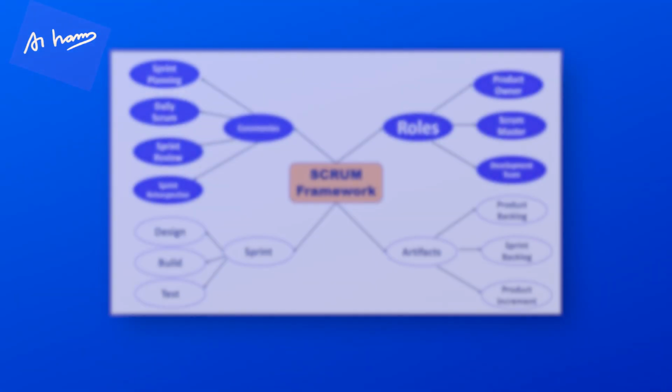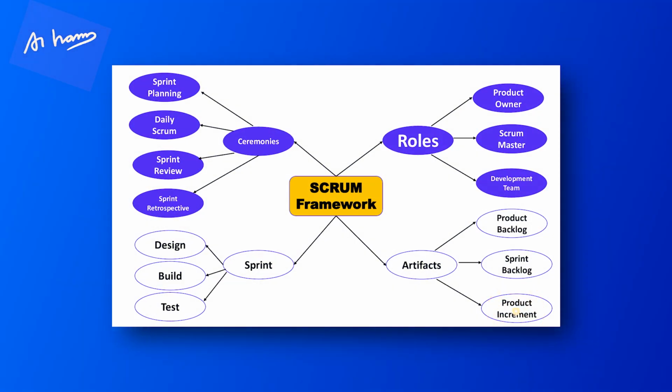The sprint backlog is a list of a few stories which the development team is going to work on and deliver at the end of the sprint. The sprint backlog also has a sprint goal. Now, after the sprint backlog, we have the product increment. At the end of the sprint, whatever potentially shippable software is built is called the product increment.